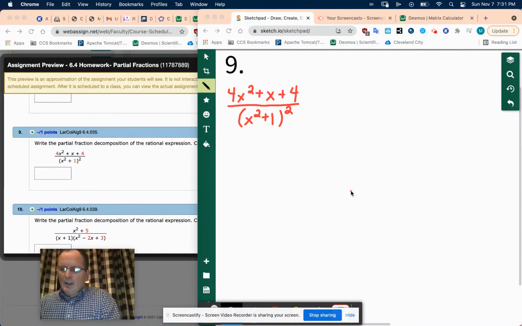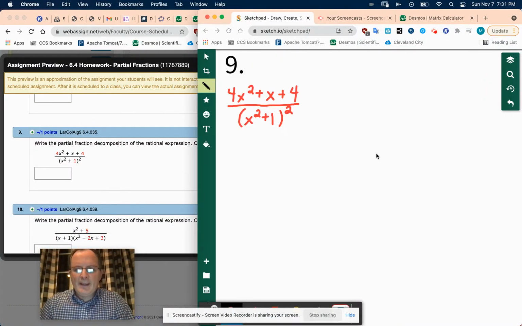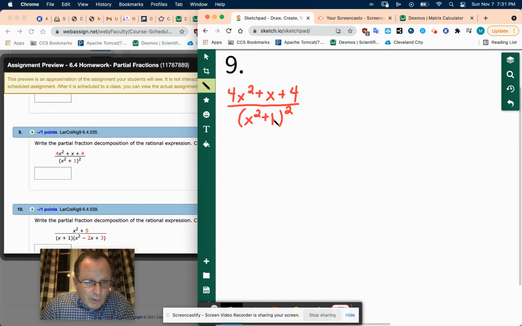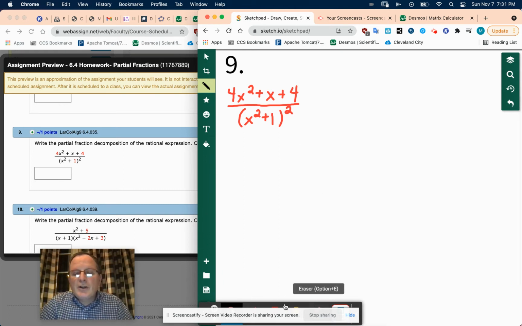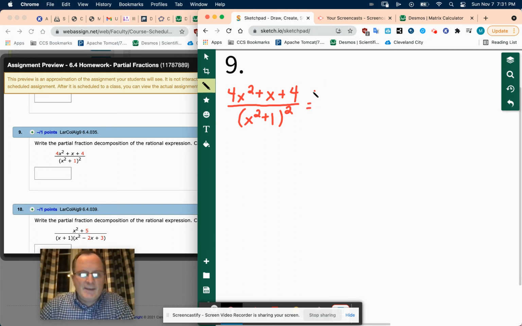Okay, so a little variation here. Whenever one of the factors of your denominator happens to be a quadratic term, then what you've got to do is set them up as such. On the first one, my numerator will have to be a linear term. This is always going to be the case. I'm going to call that ax plus b, and that'll take care of one of the